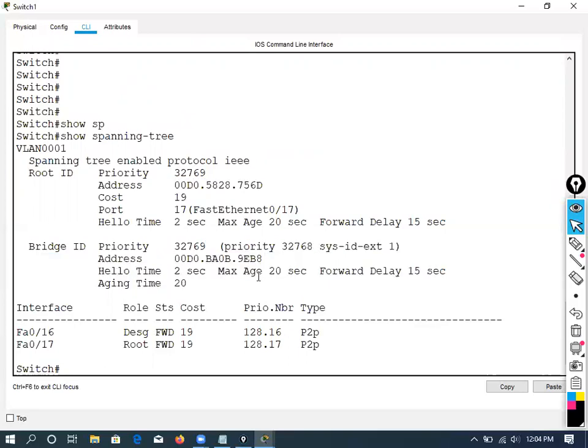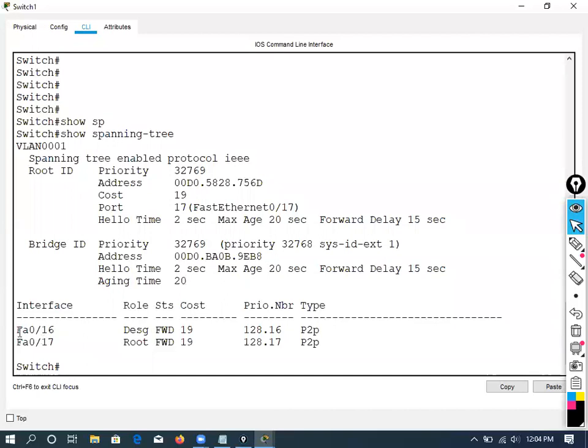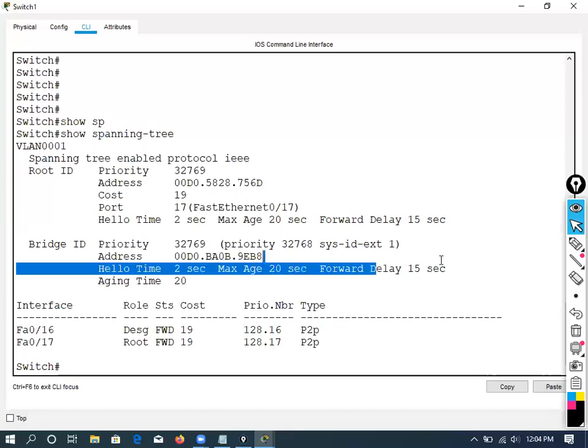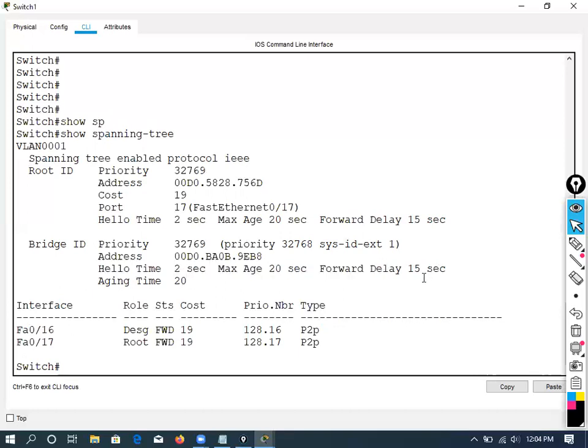Shows all the information here. And look at this, spanning tree is running on two interfaces, that is 0/16 and 0/17. Overall time, I told you the blocking takes 4 times. So that's the aging time, maximum age time, delay 15 seconds. Hello time 2 seconds is your BPDU. Maximum age is 20 seconds. Aging time, that's what maximum aging time is 20 seconds.